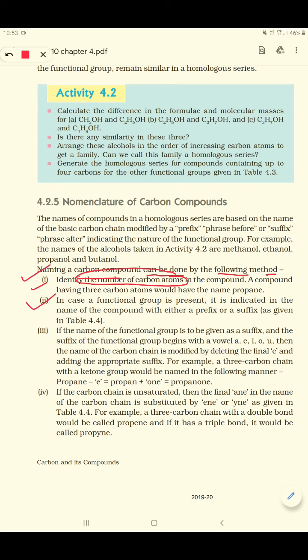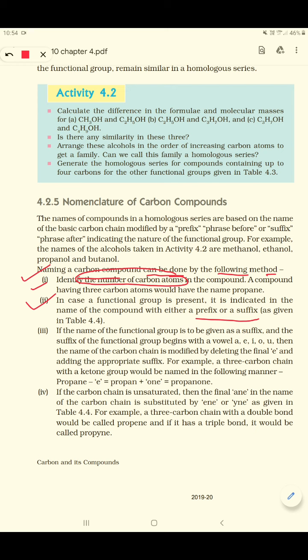Some of the functional groups are always given as suffix, and if 2 functional groups are present, then as per the priority order of the IUPAC system, the more important functional group, the one which comes on top in the priority order, is given as suffix. I'll be explaining this to you students. First let me explain all the points of the rule and then I'll be taking examples to make your concept clear.